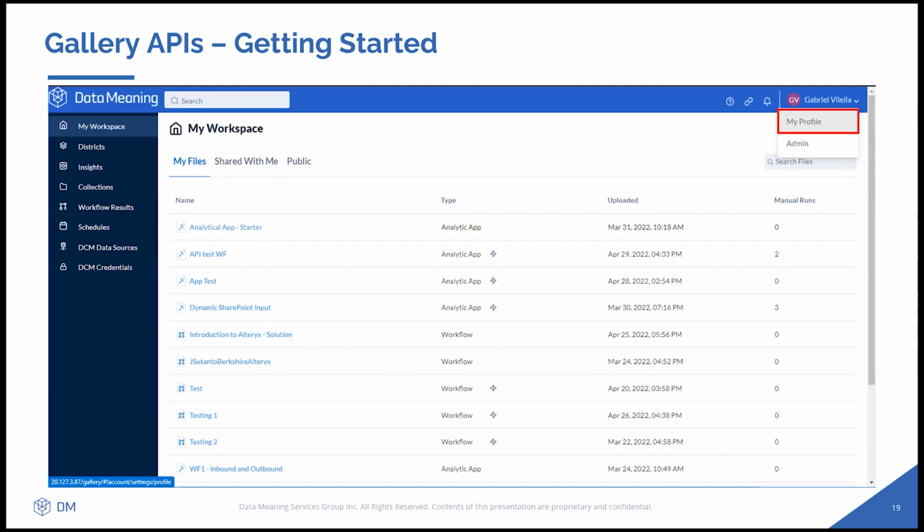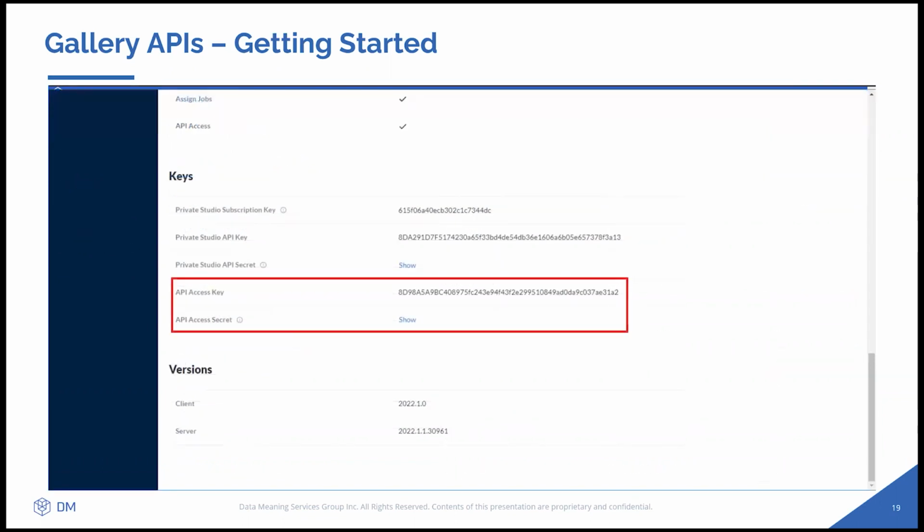So as I'm showing here, go onto your profile in the gallery and then scroll down, and you're gonna see here the area mentioning the API access key and the API access secret. Okay, you're gonna need this to authenticate the API call using the OAuth. So this is where you get this information. Okay,